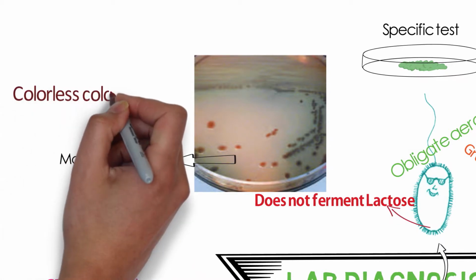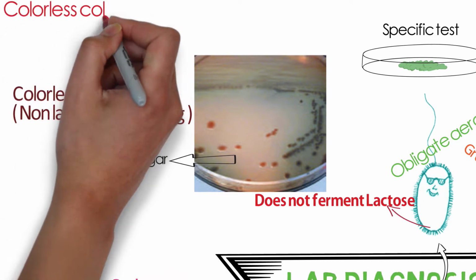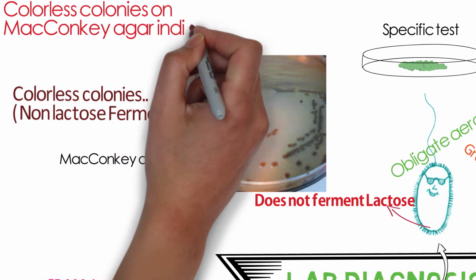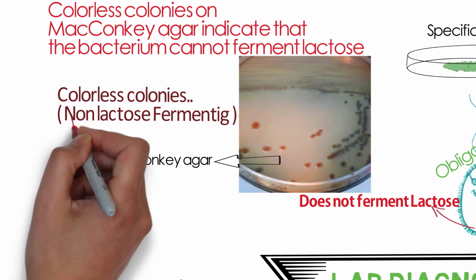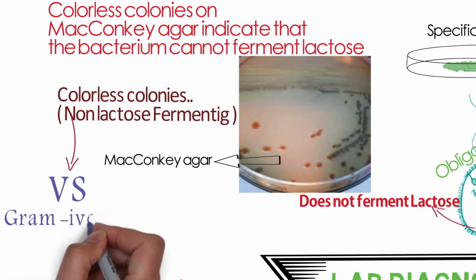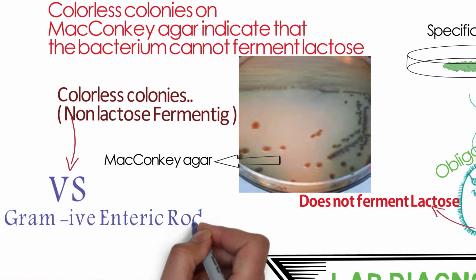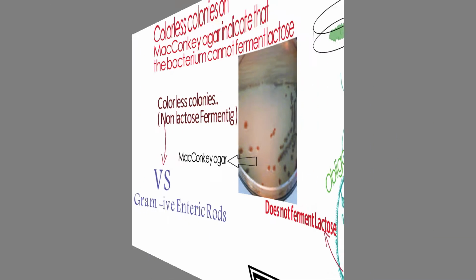So Pseudomonas aeruginosa grows as non-lactose fermenting colonies on MacConkey or EMB agar. You can see in this MacConkey agar plate colonies which are colorless, and these colorless colonies indicate that this bacteria can't ferment lactose. This feature differentiates it from other lactose fermenting gram negative enteric rods. This is a really very important culture feature. Another important feature,